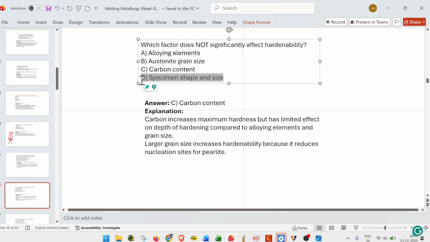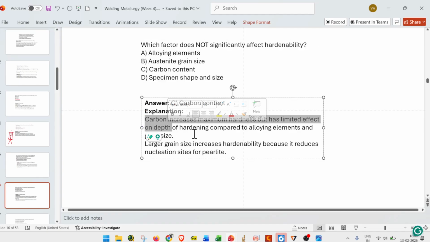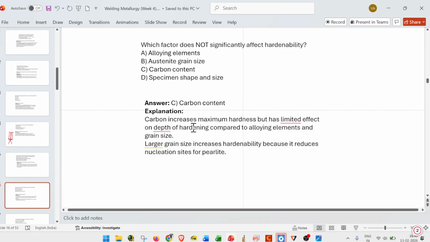Okay, because shape and size also will affect, because if it is a bigger shape it will take a very long duration to cool. If it is a thinner sample, it can be much more hardenable. So the answer will be the carbon content. Reason: carbon increases the maximum hardness but has limited effect on the depth of the hardening compared to the alloying elements